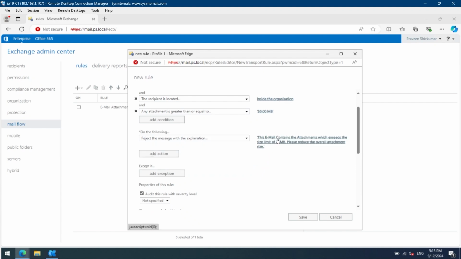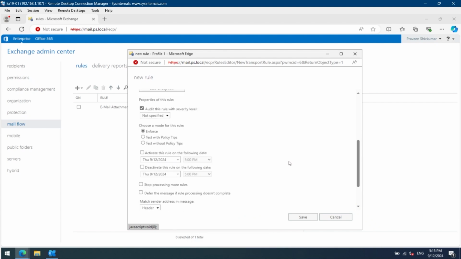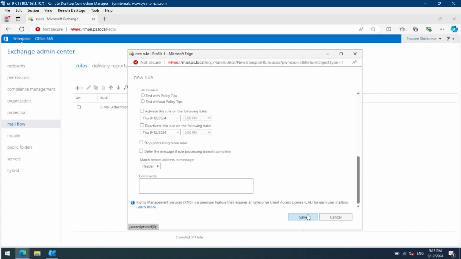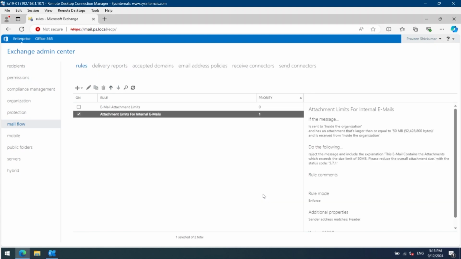So as you see, this email contains attachments which exceed the 50 MB limit. Please reduce the overall attachment size. So this is what we will do. Let's click on save. And this is applied to all the internal users. And if there is any email which is sent with more than 50 MB of attachment,